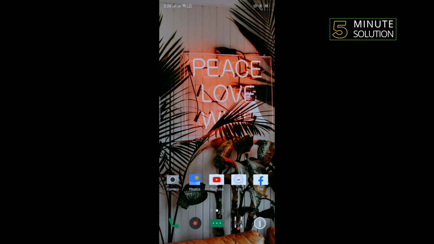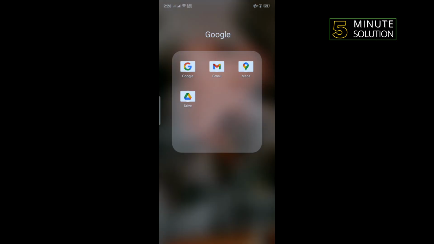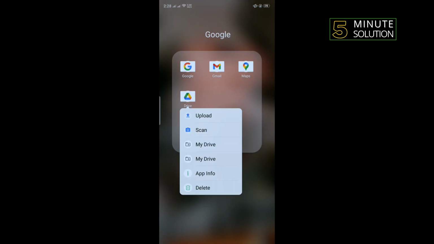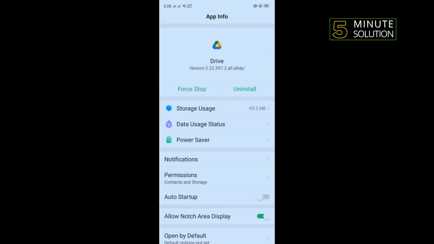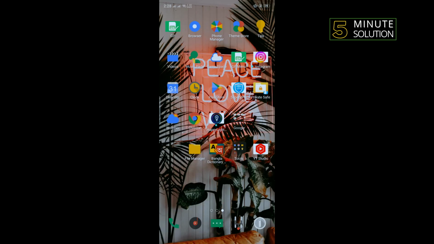And our second solution is we need to uninstall updates for Google Drive. So for that, long press Google Drive app and tap on app info, tap on uninstall, then tap on OK, and now go to your Google Drive app and check the problem is fixed or